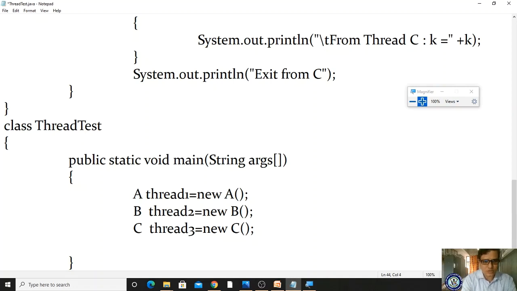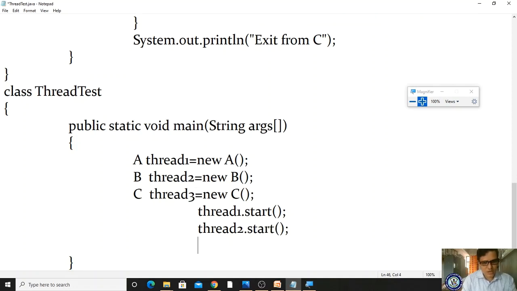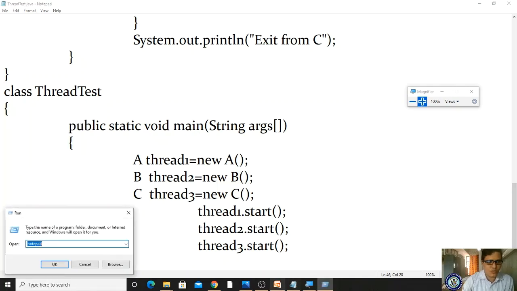Afterwards, our work is to start the thread. So how to start the thread? thread1 dot start method, right? You have to call this start method, and I'm calling thread2 dot start. Yes, this is your first method, and I'm explaining the first program for your second method. Now I'm showing the first one and saving this. After saving, you are supposed to open the command prompt, cmd.